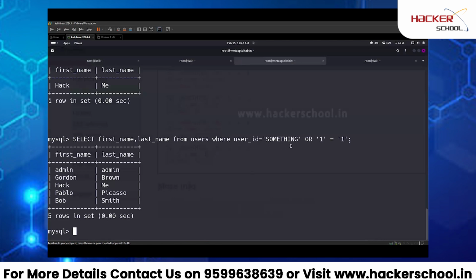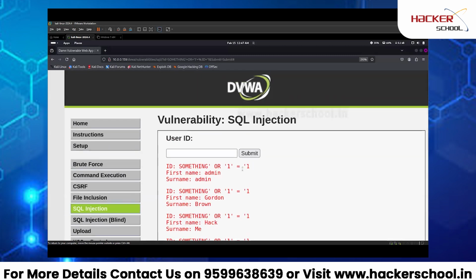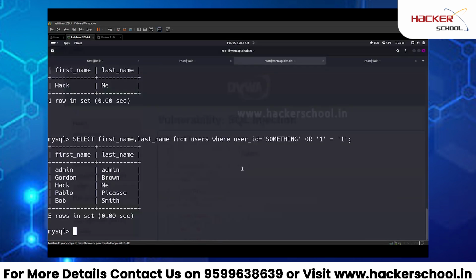So if you are a hacker or ethical hacker, this is what you'll have to focus on. But as a SOC analyst, you have to focus on this, where it breaks, where it will be visible, so that when you're investigating, you can go there and see what kind of queries